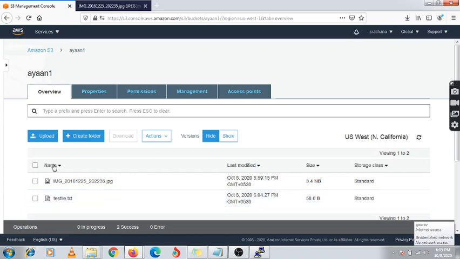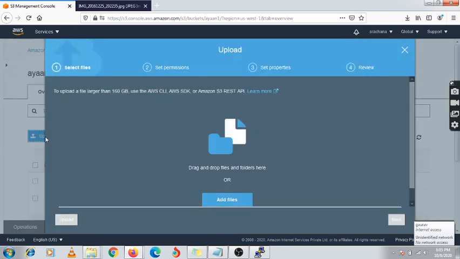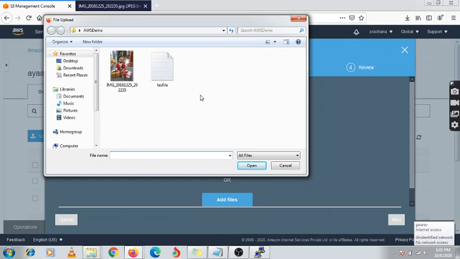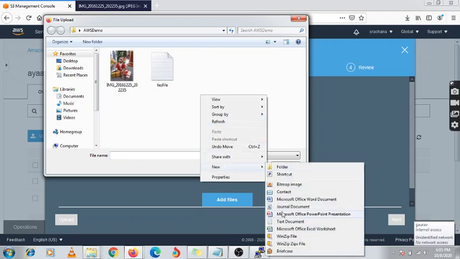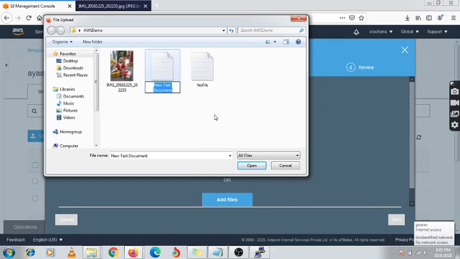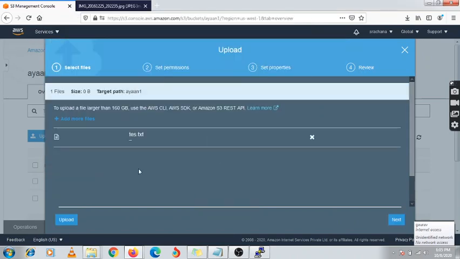If I want to replicate data from California to Ohio, we will try this option also, to see whether it works. But it is not working, because it only works from source to destination. I am going to create one text file, test, and upload it.